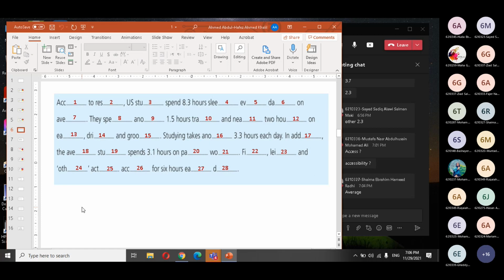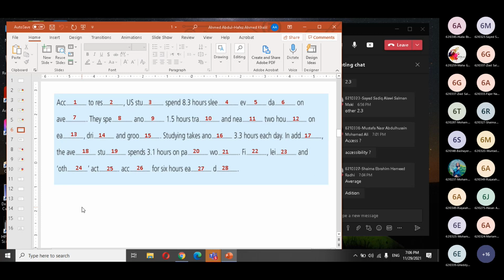In addition. Yes, in addition. In addition means also. Number 18, the average. Number 19, student. Look here, singular, the student, singular, that's why we say spends